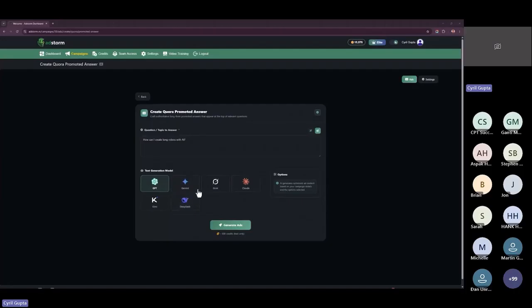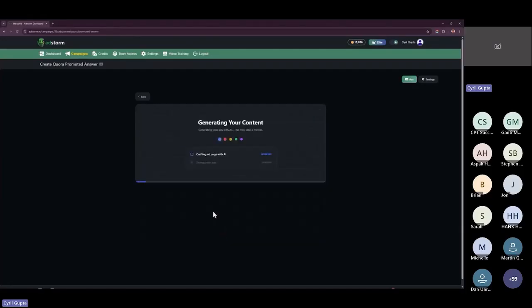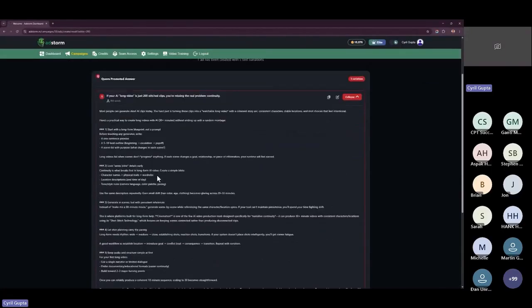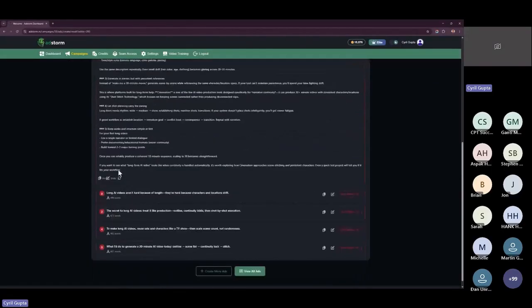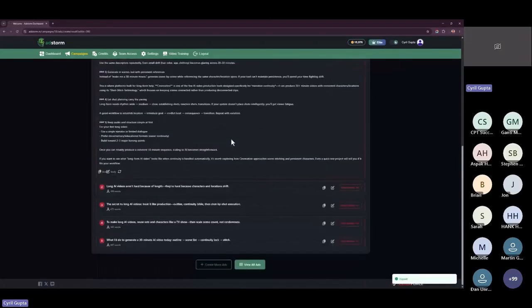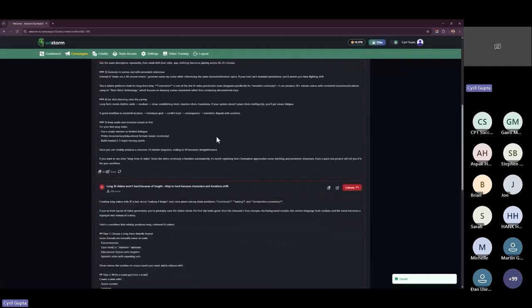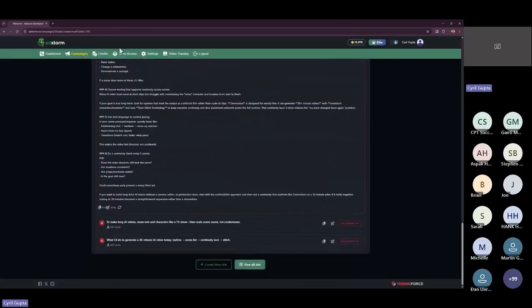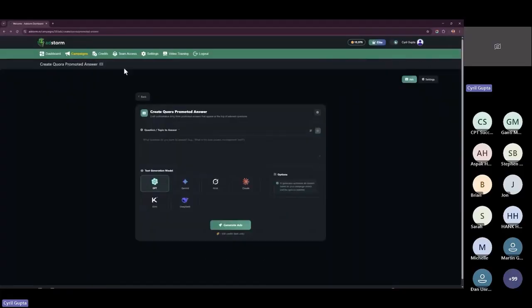Then you can create an answer using GPT, Grok, or any of the other AIs. Let's go for Gemini this time. Click on generate ad, and in a few seconds, you're going to get a perfect ad for Quora promoted answers. And there we have it. Click on read answer to read the actual answer. And if you want to change anything, you can. If you want to modify it, again, you can do that with AI, or you can copy it and promote it. You've got 5 different options here too, so that you can choose the answer that you want for this purpose. Now let's go back to view all ads and see some more ads, see some more details.